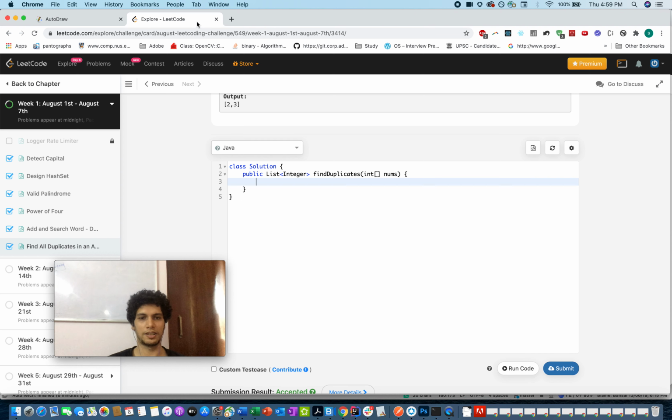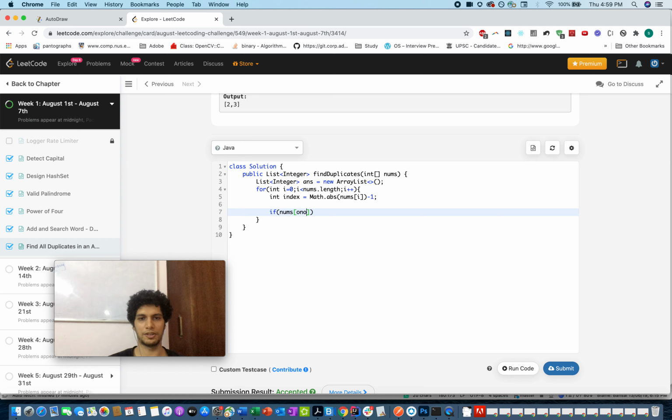So let's try and code this out. Integer list ans, an array that will be storing my answer data set. I'll iterate through the loop, i less than nums.length, i plus plus. You find the index where you need to search: Math.abs of nums of i, minus 1.